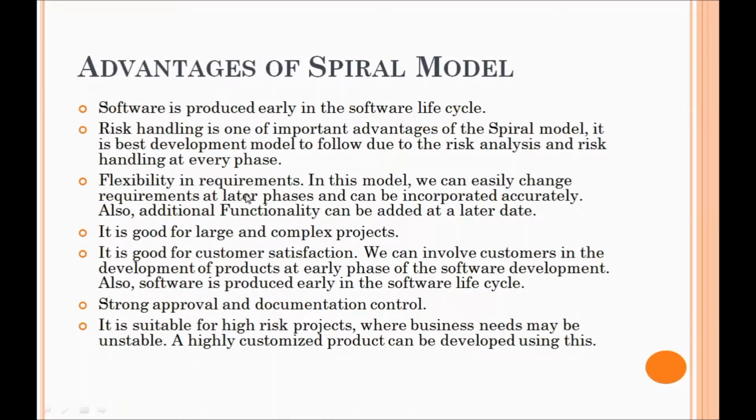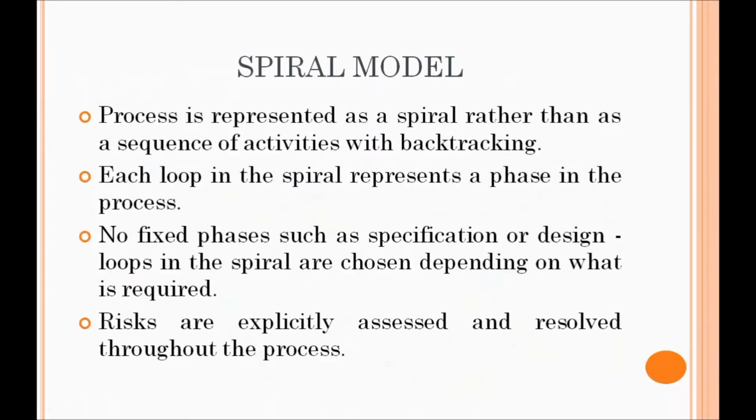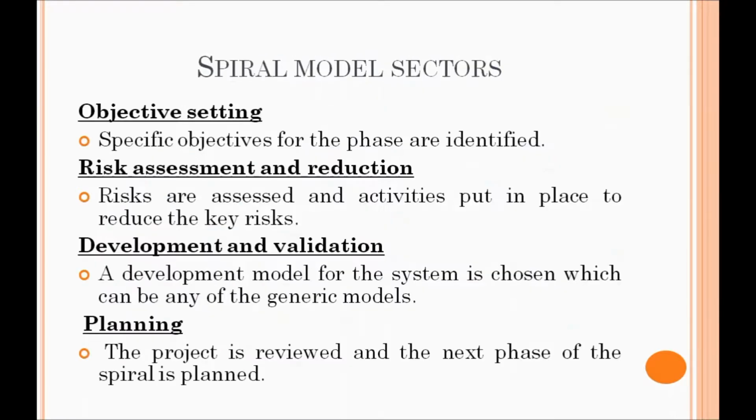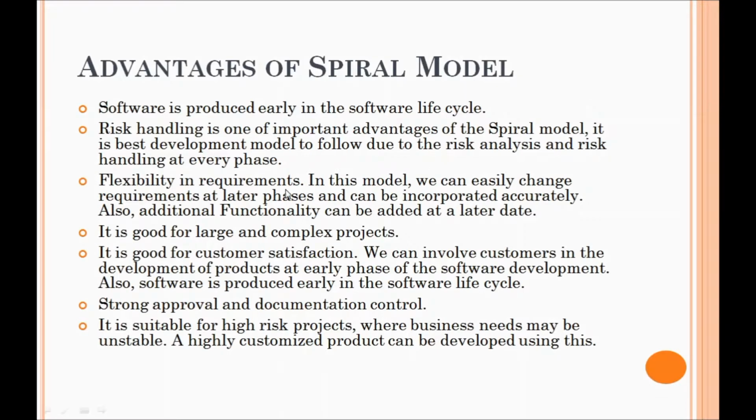Next, flexibility. Yes, flexibility, I told you we can easily change the requirements. Backtracking is possible here, iteration is possible here. If you want to make changes, you can go back and make the changes. In a spiral model you can just go back, and if any number of changes come, no problem, you can do backtracking and make the changes. That is the main advantage of the spiral model. In the waterfall model it was not the case, you have to freeze the requirements there.